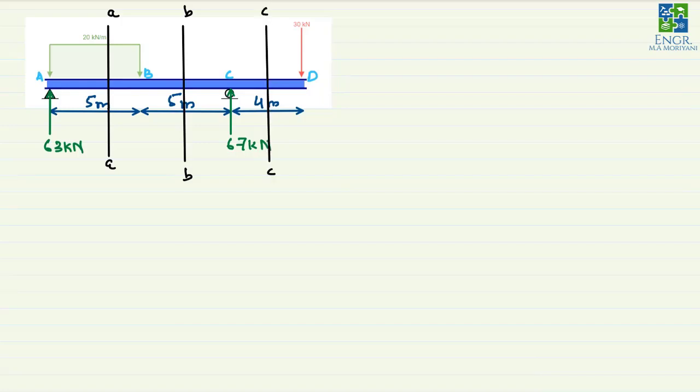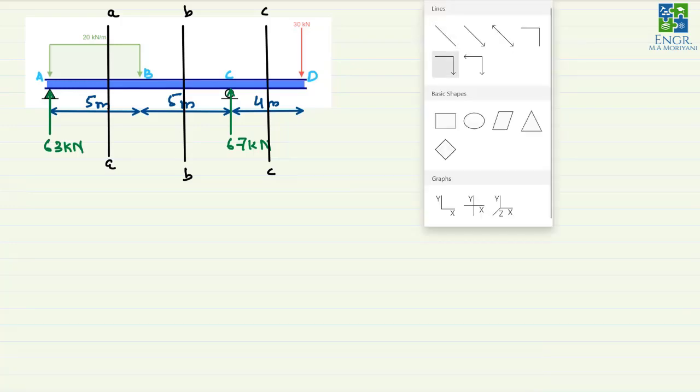Once we are done with the locations of the sections, we have to assign the distances for that. Now just for your understanding, I'm taking all the distances from the left side, because normally what we do, we take the section which is less laborious in terms of calculation, but we will be doing this from the left hand side just for your understanding that whether we are getting the same answer or not. So I will be taking all the distances from the left hand side.